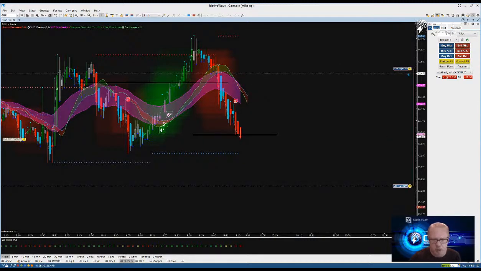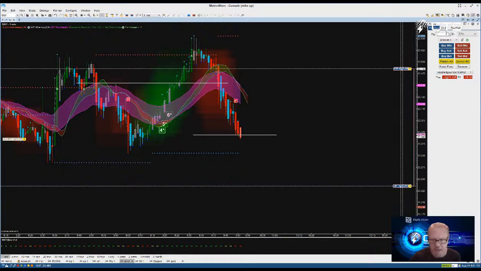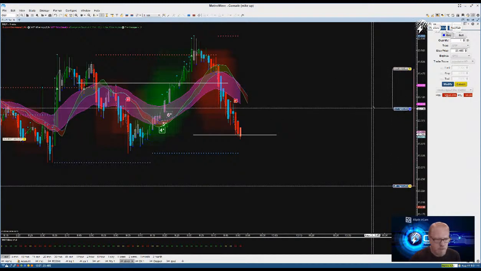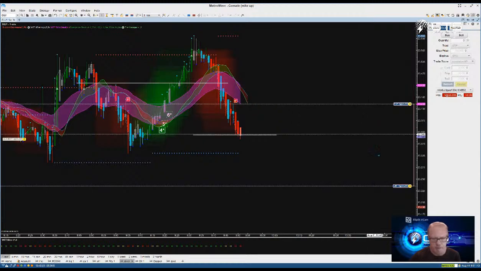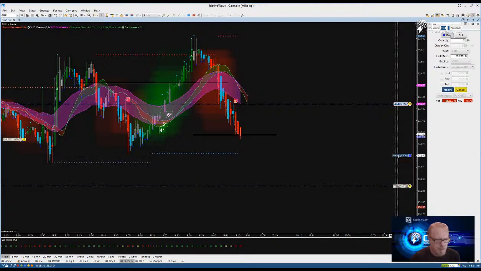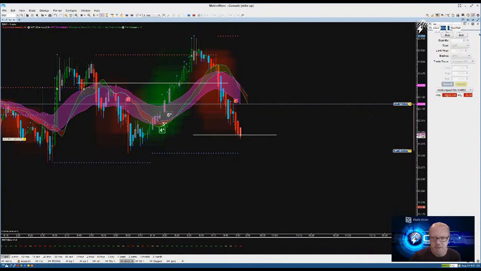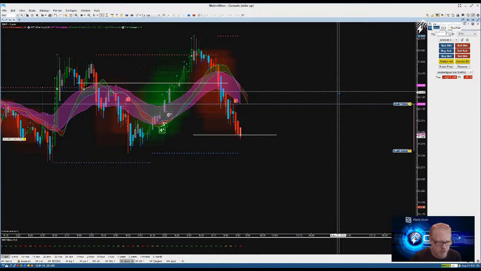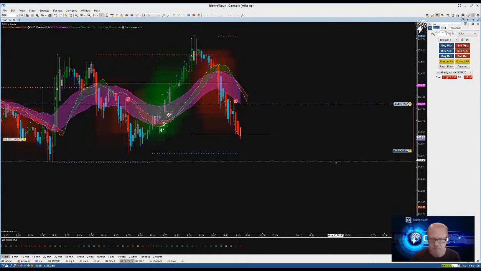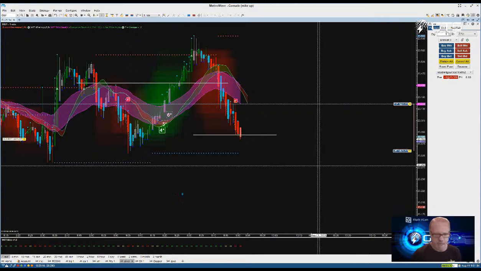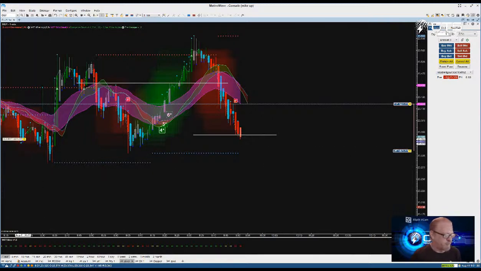All right, so we broke our line there. So we got time. We'll put it way up here. Taking profits right there, if it'll get to it. There we go. So I'm in the silver trade. We'll see what happens. See her go down here. The entry is at 23,335.